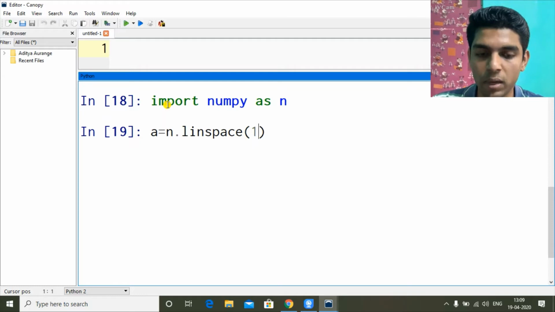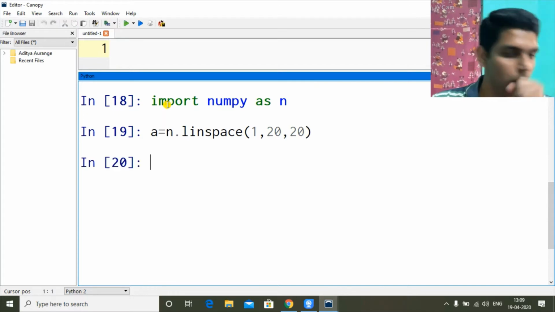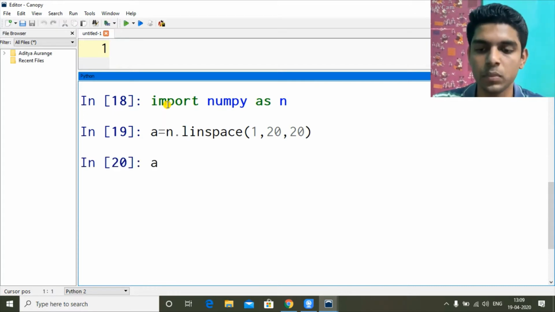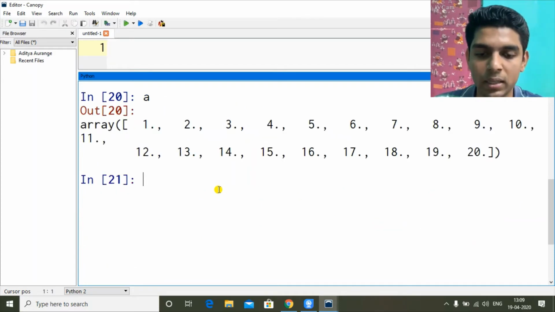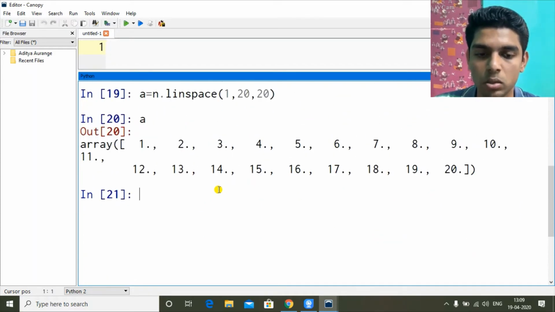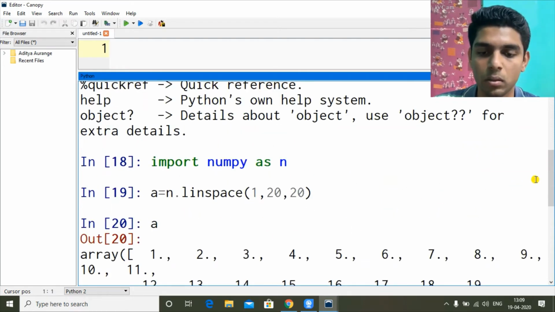So I will give 1 as the starting point, 20 as the ending point, and how many points I want between these two, including these two. So I will say 20. If I see A, now it's a 1D array. Just because I have increased the size, it looks like this. So 1, 2, 3, 4, 9, 10 till 20.